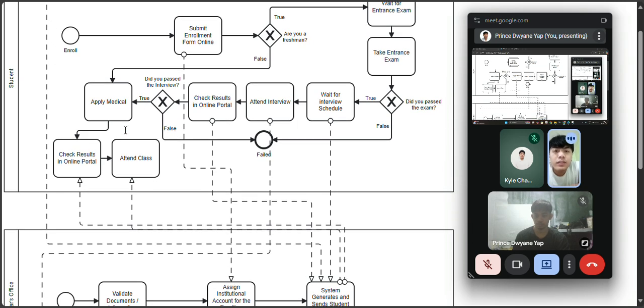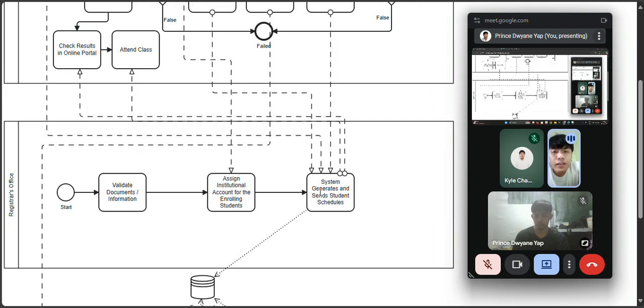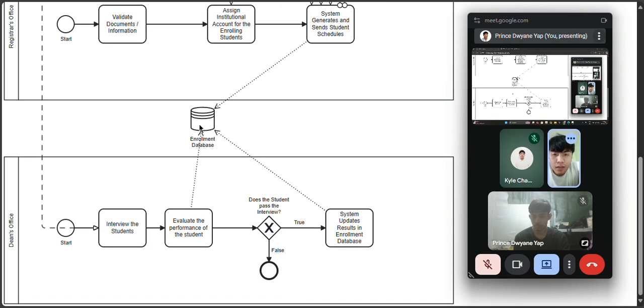Fourth, the system must notify students instantly of their schedules and results. And the last one, the system must allow both the registrar and dean's office to access and update a shared database.